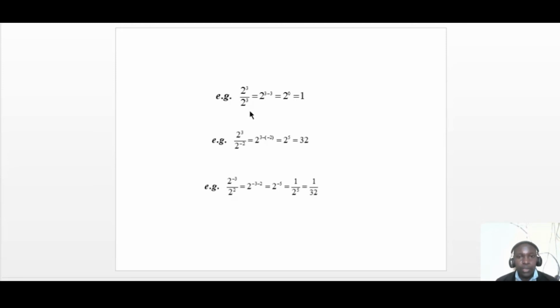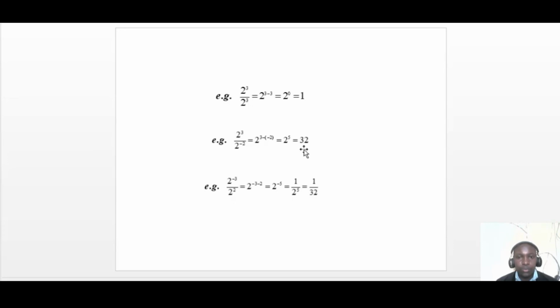More examples. This one is 2 cubed divided by 2 raised to power 3 again. You get 2, then subtract the powers, 3 minus 3, 2 raised to power 0 is equal to 1. We have seen this, the 0 index. Then the other example, 2 raised to power 3 divided by 2 raised to power negative 2 will give us 2 cubed. You just subtract the powers, 3 minus negative 2, which will give us 2 raised to power 5,